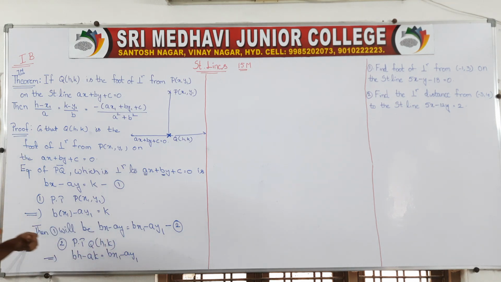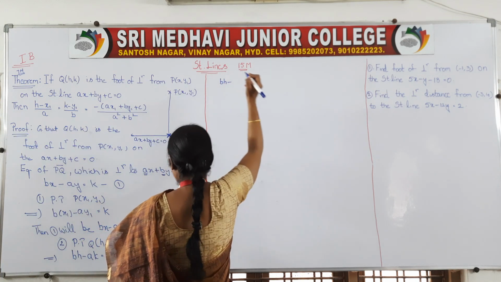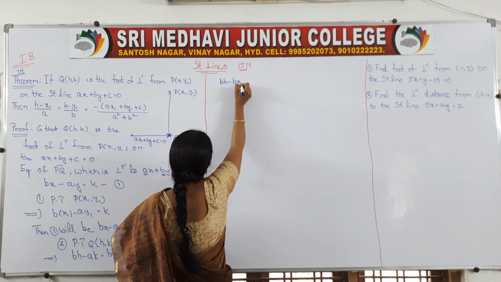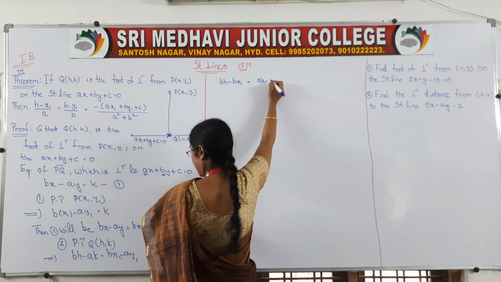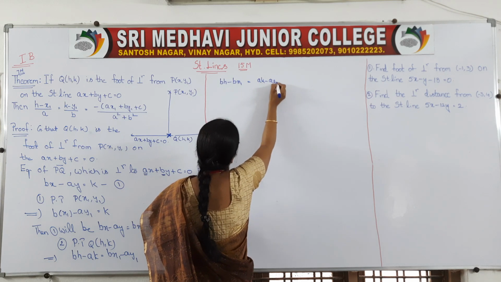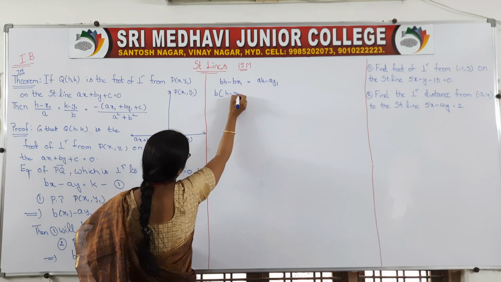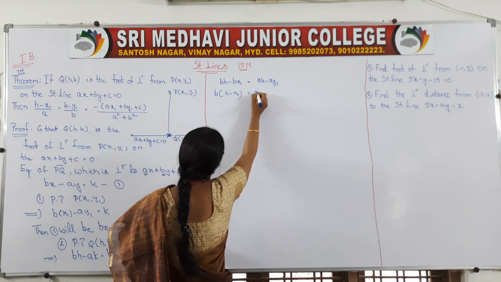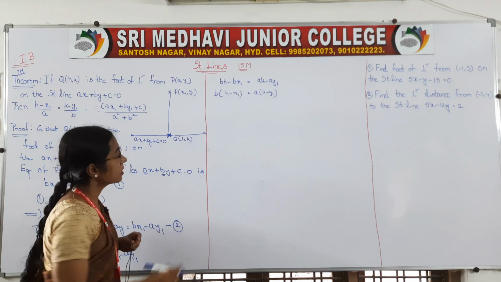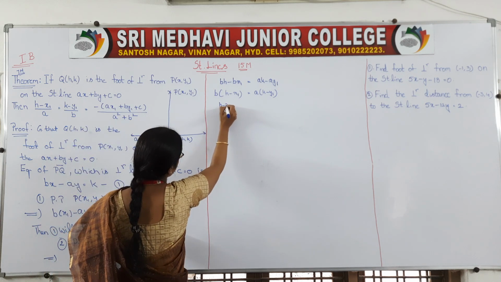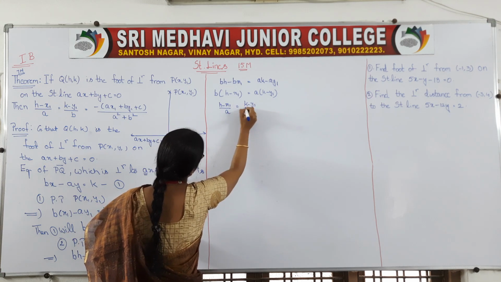You got this one. So with this you take the bh, B terms this side, then it will be bx1 is equal to A terms that side, ak minus this one, ay1. So from this you can take your B outside, it is h minus x1. From this you can take A outside, k minus y1. Now send A this side. What happens? (h minus x1)/A is equal to (k minus y1)/B.